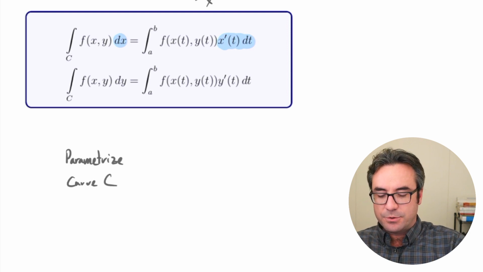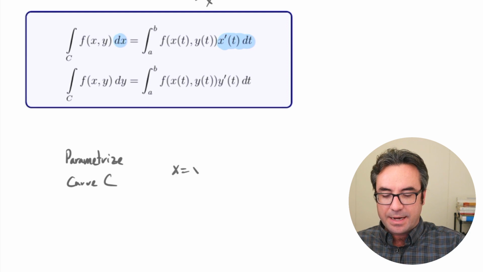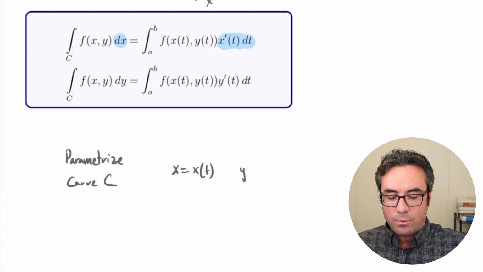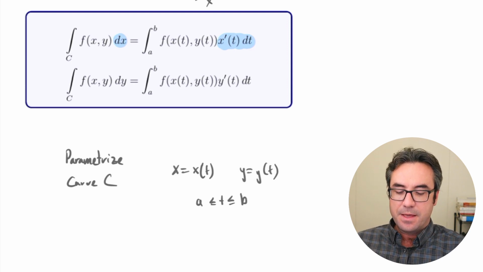So we're still going to parameterize curve C. We're going to let x equal a parametric equation, we'll call it x of t, and we'll let y equal a parametric equation, y of t. And then we'll still have some interval for t, some starting time and some ending time here. And so